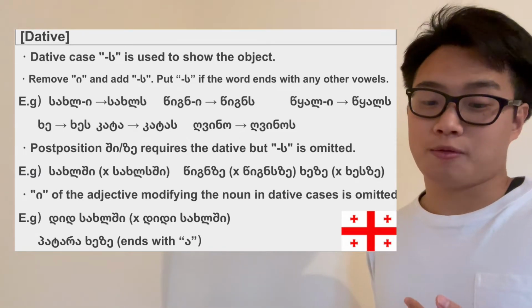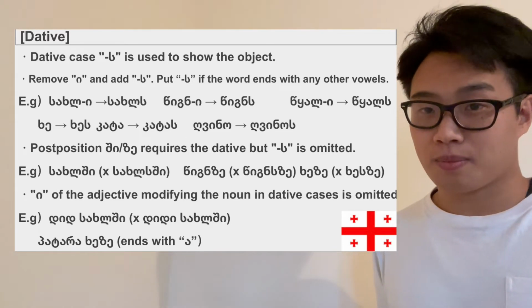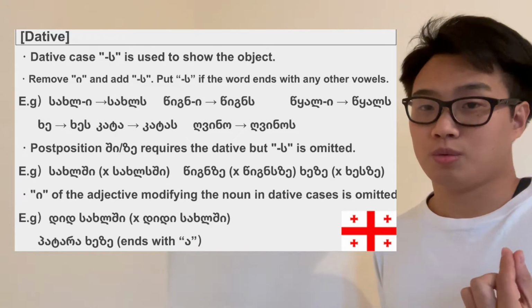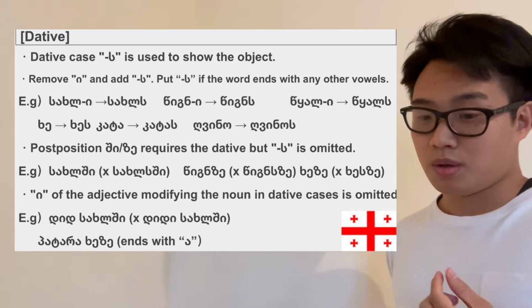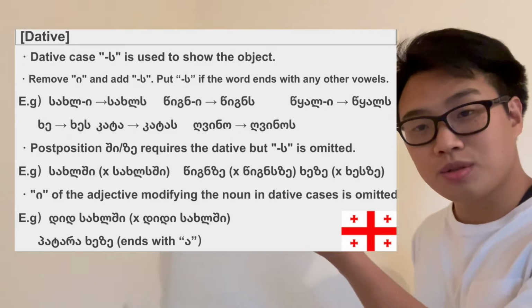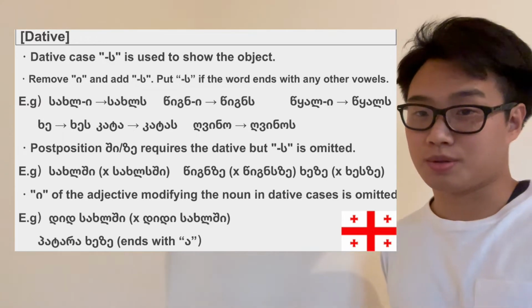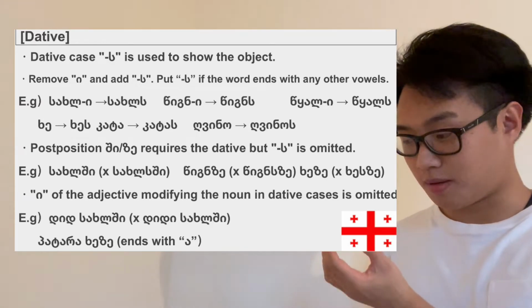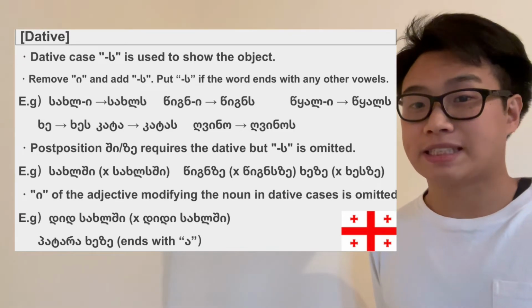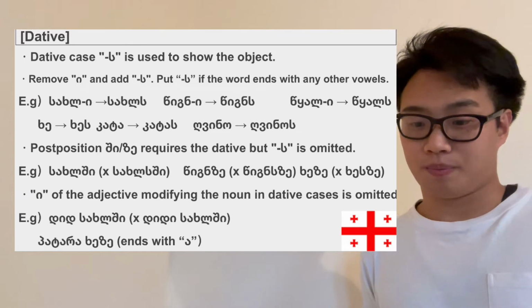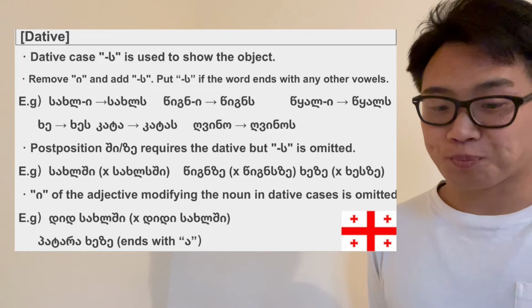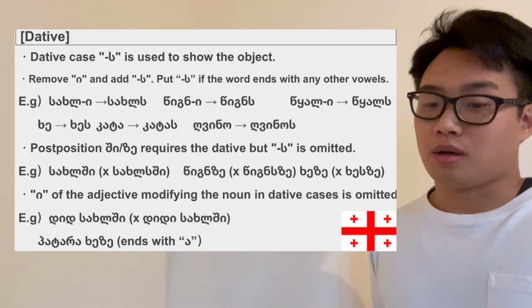The same goes for the word tsigni. The dative case for the word tsigni would be tsignis. So it could have been tsignisze, but the s here drops out because there's postposition ze. So they say tsignze, on the book. You don't say tsignisze, right? And heli as well. It's not correct. One of my professors